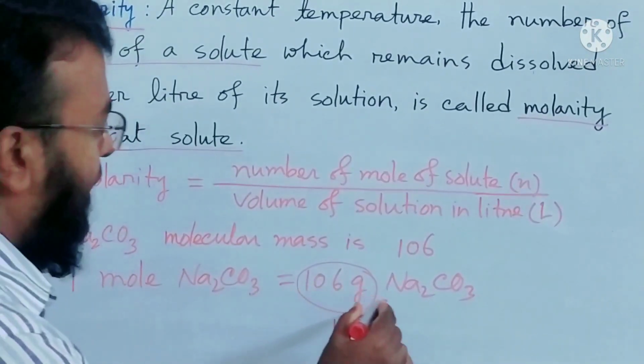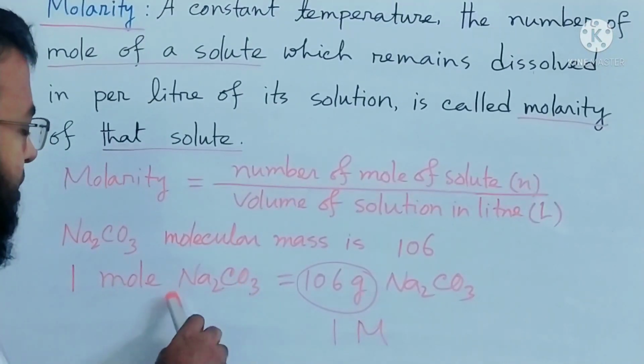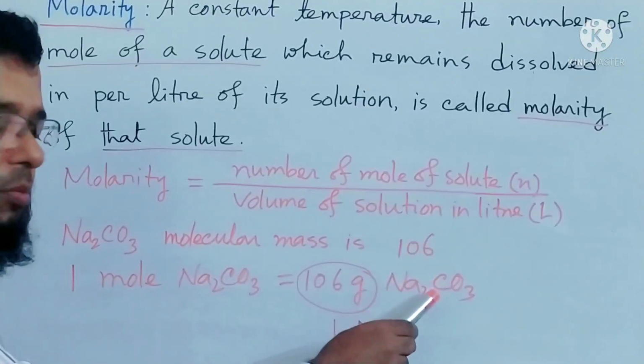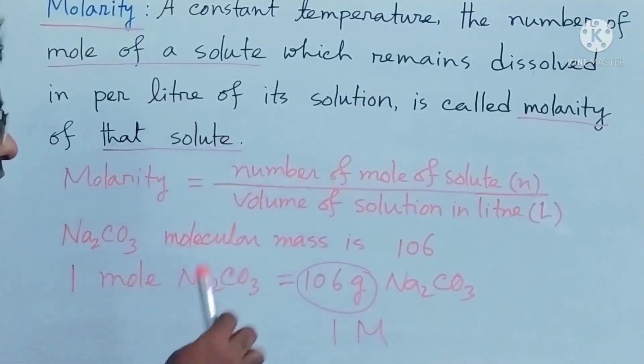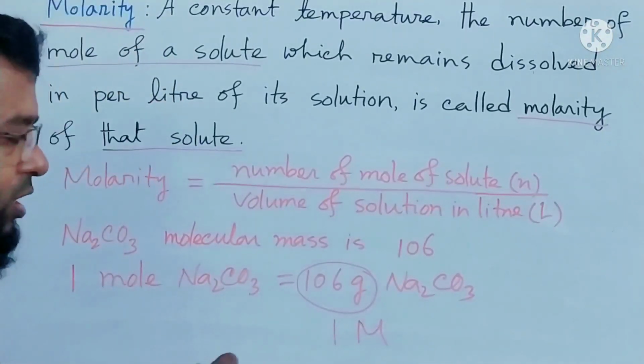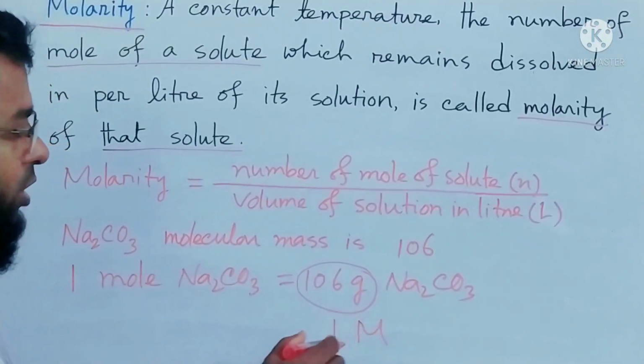So again I am telling, if in 1 liter solution, 106 gram sodium carbonate or 1 mole sodium carbonate is dissolved in 1 liter solution, then it is called 1 molar solution. If 2 mole is dissolved, then it is called 2 molar. So like this,